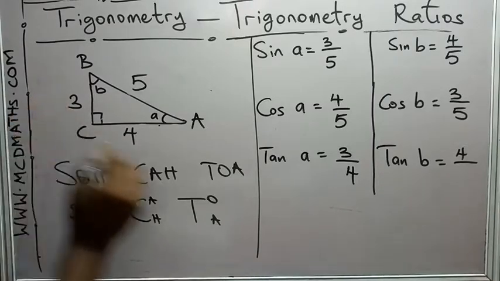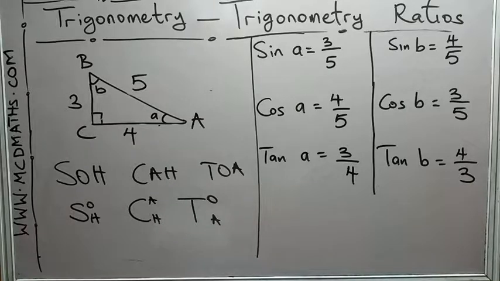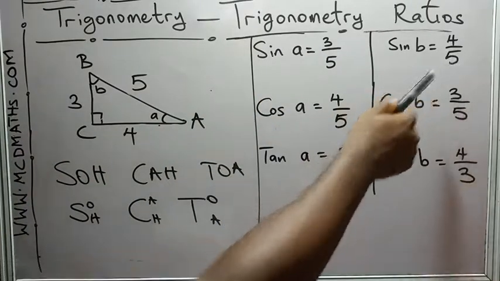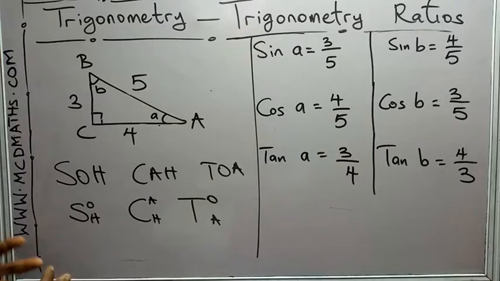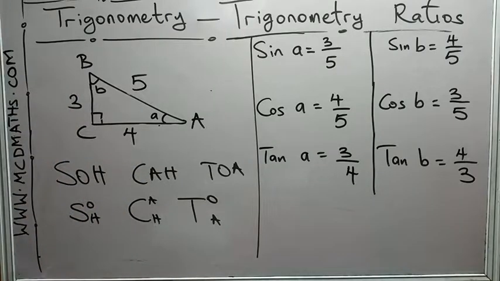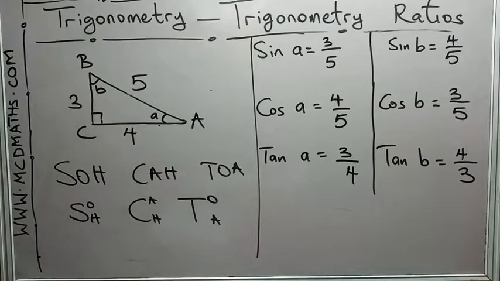The adjacent is 3. So if you take a look at this relationship, it gives you a summary of how these things change. You understand? If you look at sine A, the figures are different from sine B because the sides that it relates all change. Okay, now having known that, the next is if sine A is 3 over 5, what is A? That brings us to the inverse of